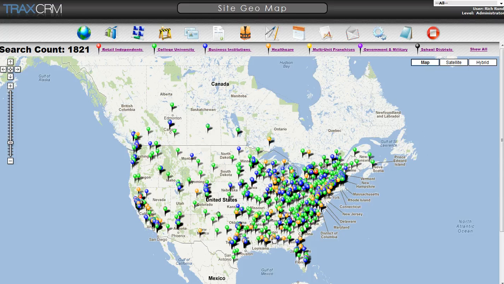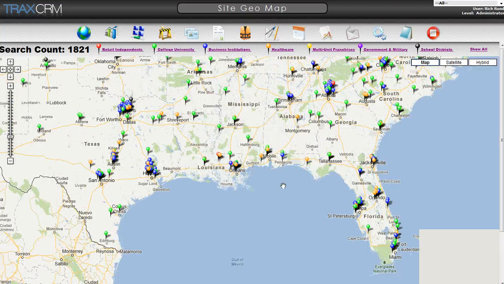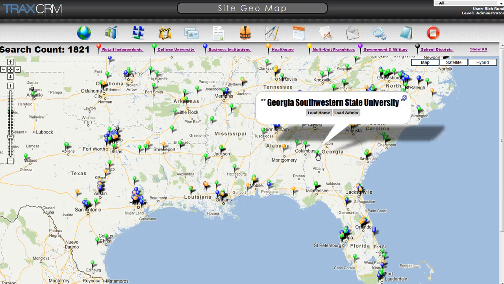So if I go down to Georgia, I'll just start zooming in. I can double click on the map and it'll start taking me down. Now I've got to try to find this place. Maybe it's this one. So when I click on it, there she is, Georgia Southwestern State University. And from here I can load the home. If I click on the name of